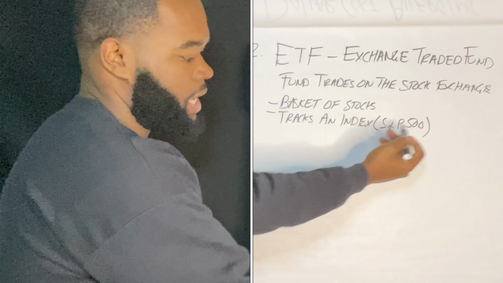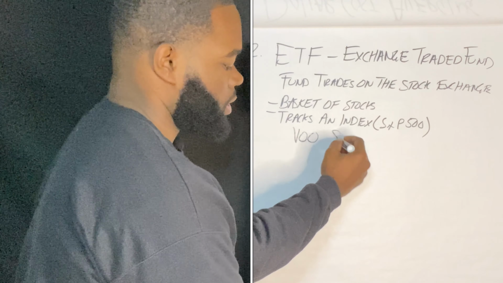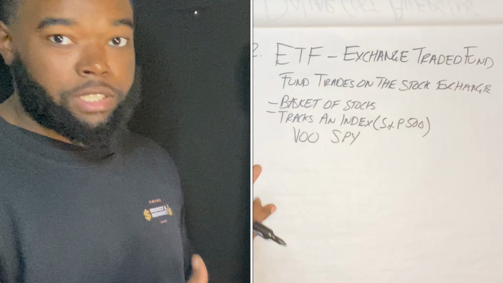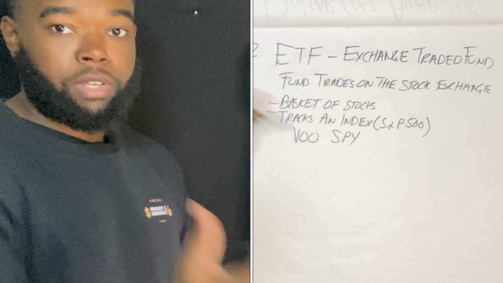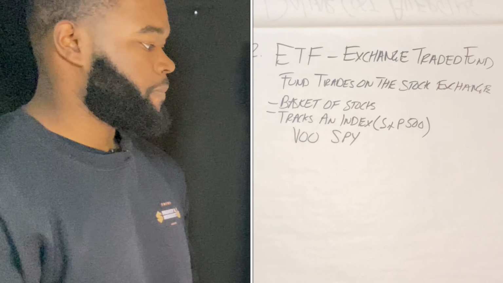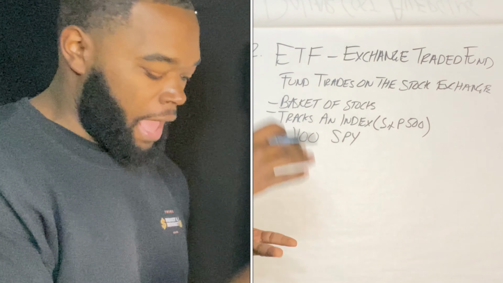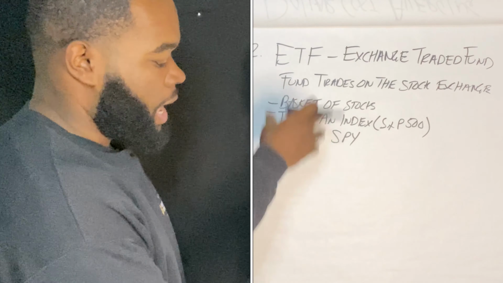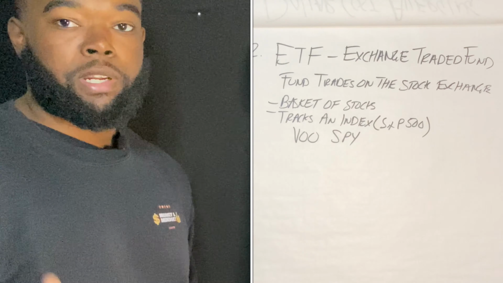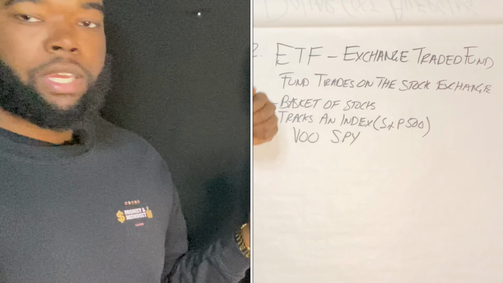If you get into something like the S&P 500 ETF, like VOO or SPY, that's 500 of the largest companies in the US. That's what you're going to get access to. So instead of buying 500 separate companies, we know how expensive that is. If you look at how much Google, Apple and Amazon are worth, and how much those companies cost individually, that's going to run you a pretty penny. That's why people think it costs a whole bunch of money to get started investing into an ETF.